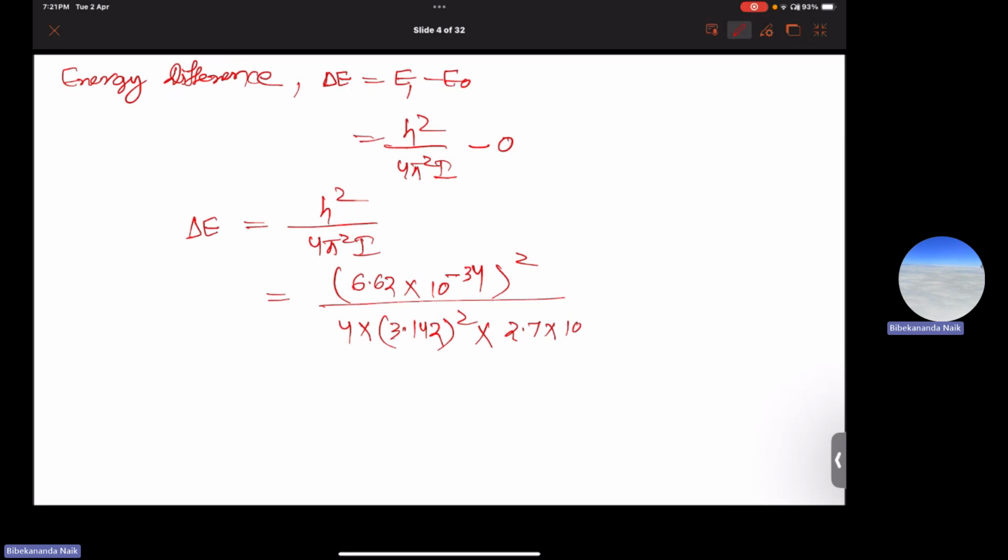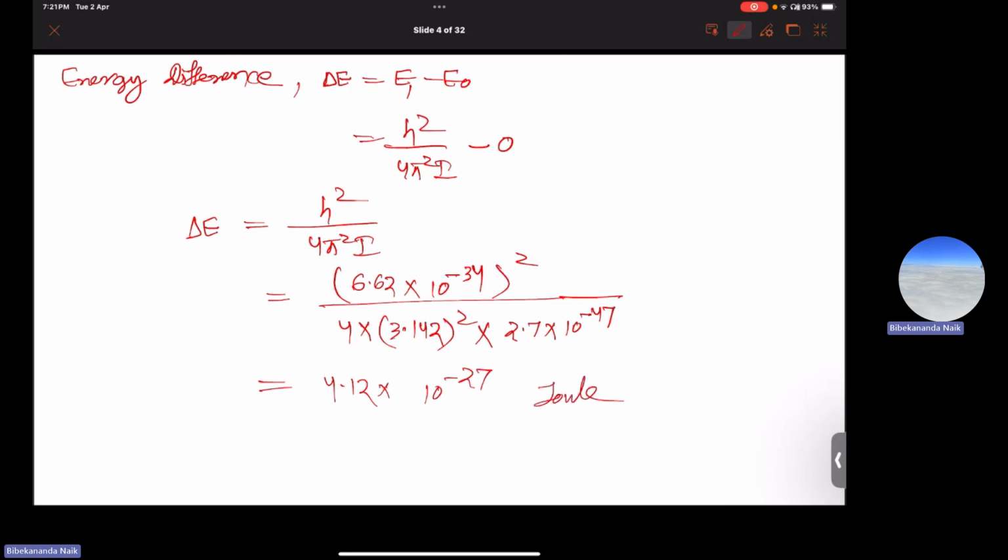So if you calculate it, it will give you around 4.12 into 10 to the power minus 27